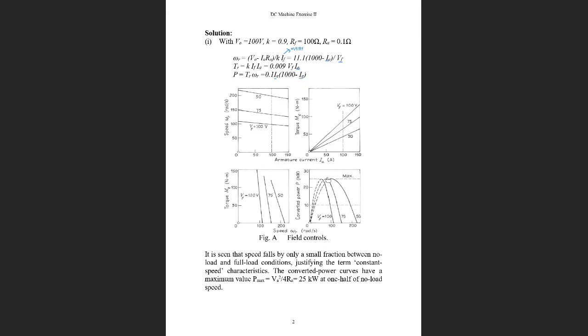At certain levels, the converted power reaches its maximum. Then after that, when the motor speed increases, the power decreases until it is 0. For the three different field voltages, 100 volts, 75 volts, and 50 volts,